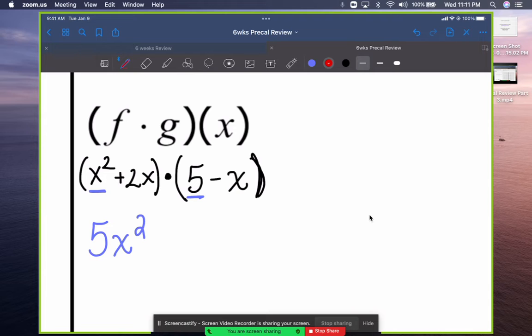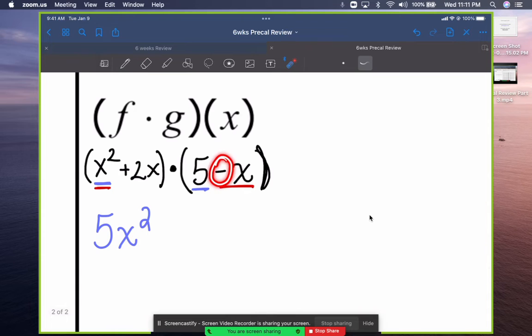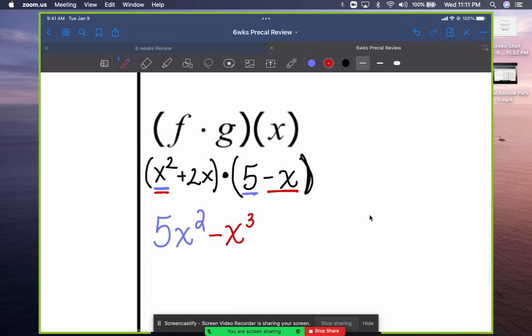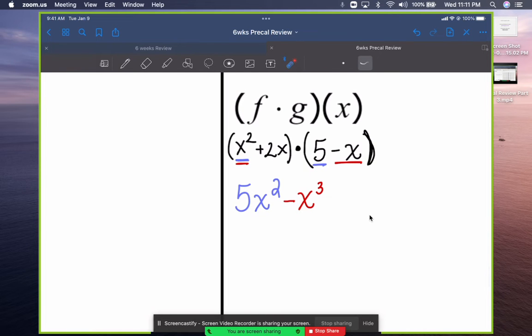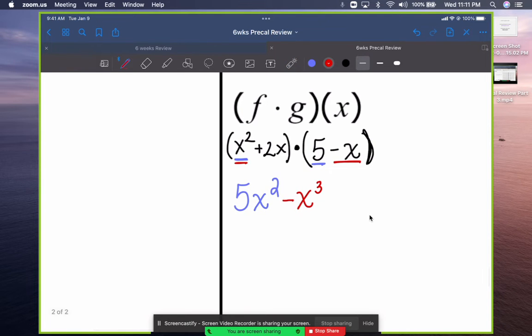Now the outer terms, x squared times negative x. Don't forget the sign. I have a negative and this one's positive, so that means that my outcome is negative. And x squared times x will give me x cubed. If we are wondering for an explanation of why it is x cubed,